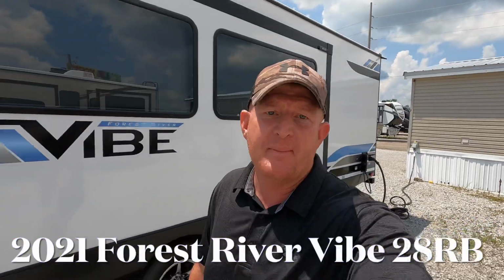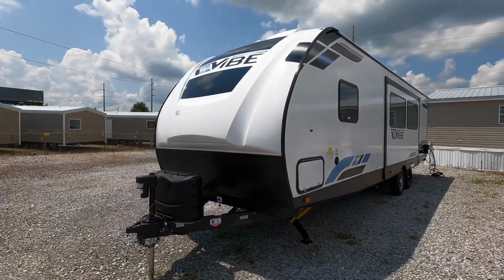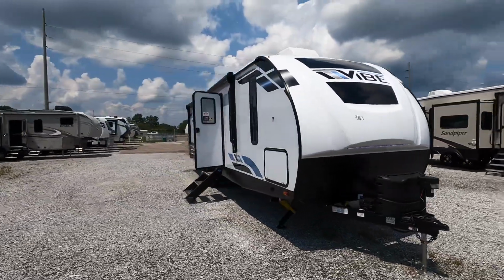What's going on, everyone? I'm Andrew with Camper Kingdom in Meridian, Mississippi, and today we're going to be viewing this brand new 2021 Forest River Vibe Model 28 RB. RB stands for rear bath, or sleeping room possibly for 5 individuals, just really depending on the size of your